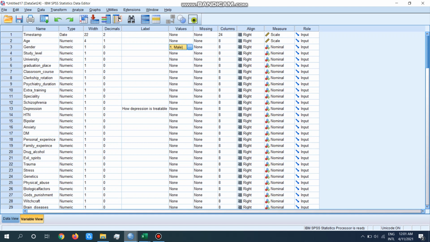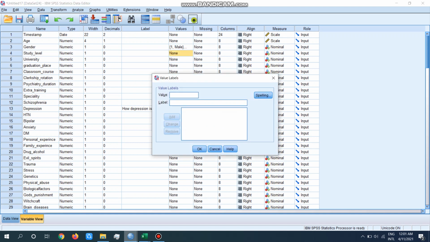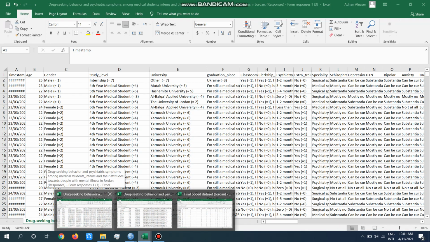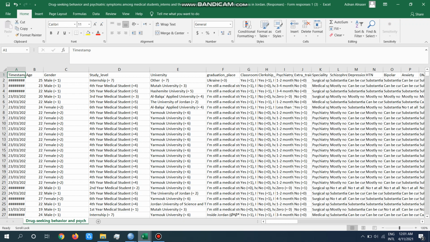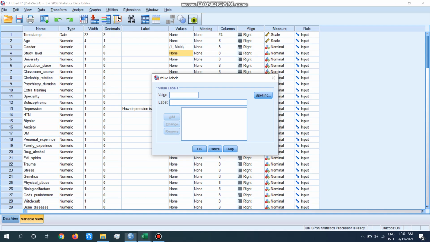I will go to the study level and start giving the values based on the dictionary which I already made before. I will put 4 for fourth year, 3 for third year, 5 for fifth, and 7 for internship. 1 for first year, 2 for second year, 3